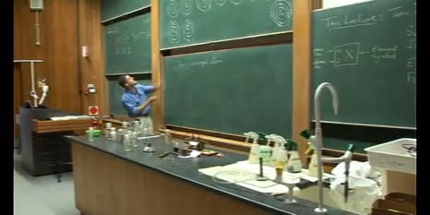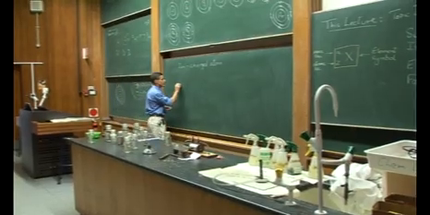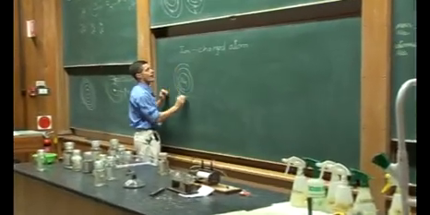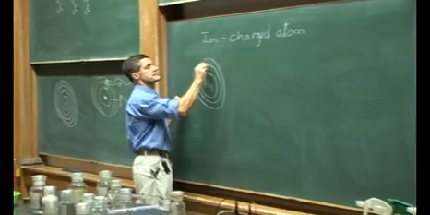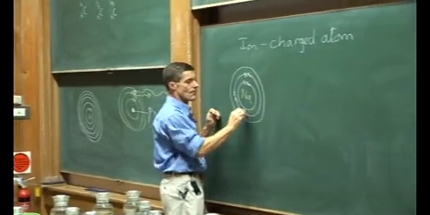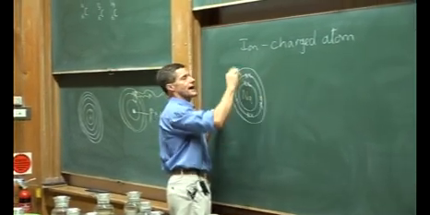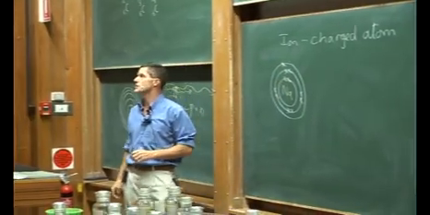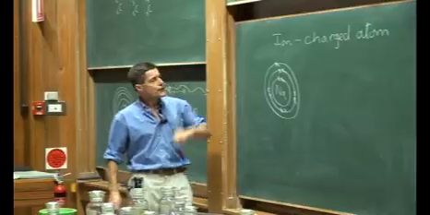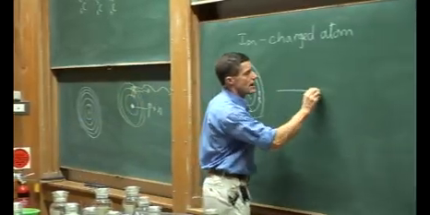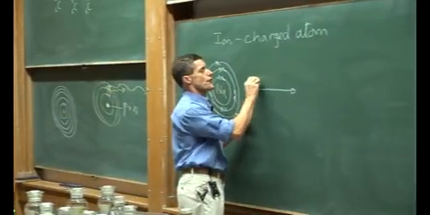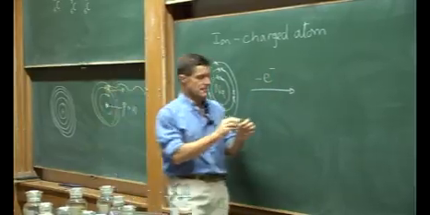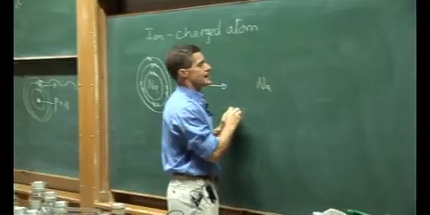If I take something like, say, sodium, the electron configuration of the atom looks like a 2-8-1 type of configuration. If by some means I can remove an electron, I will end up with a species